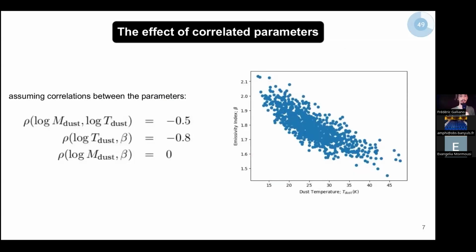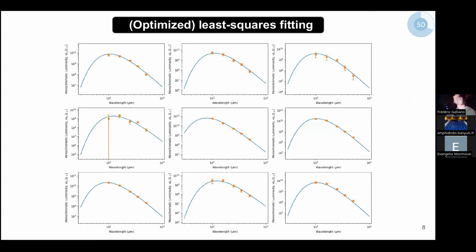So we want to explore that parameter space, generating 1,000 realizations using these correlation coefficients. Here's a subsample of SEDs that we have. And once again, we generate synthetic data